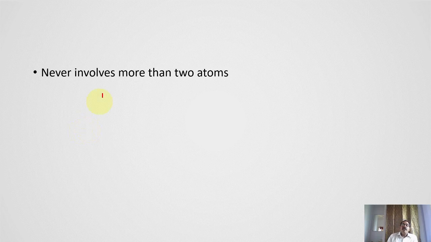So it never involves more than two atoms. A hydrogen bond involves only two atoms, out of which one is constant. So it is hydrogen. What is the other one? It is a highly electronegative atom such as fluorine, chlorine, nitrogen, oxygen, etc. So you can see out of this, the continuous one is the covalent bond, the discontinuous one